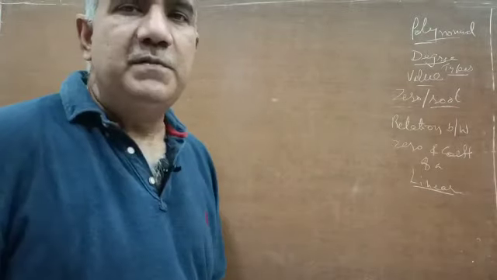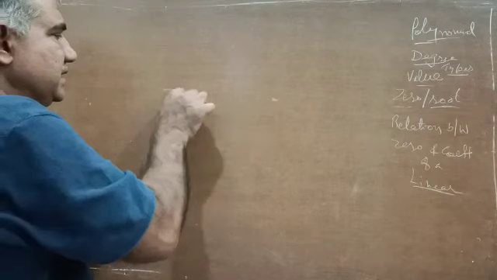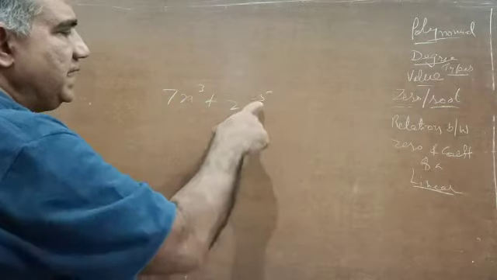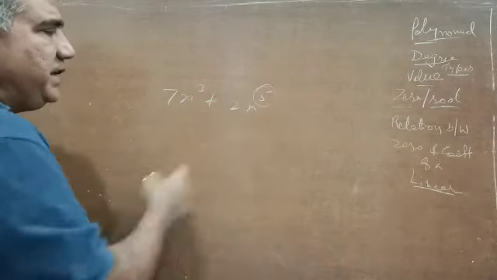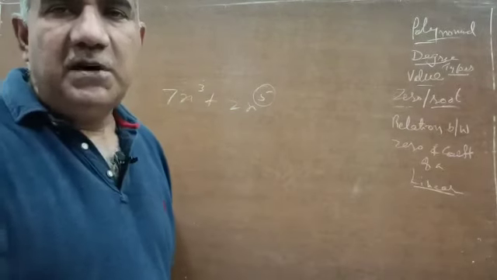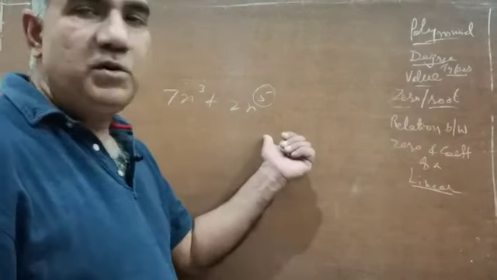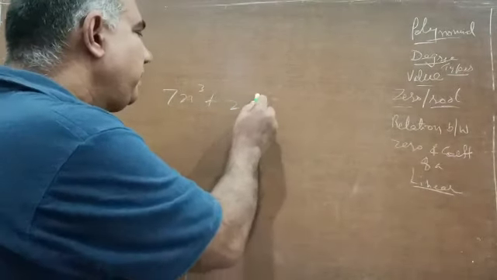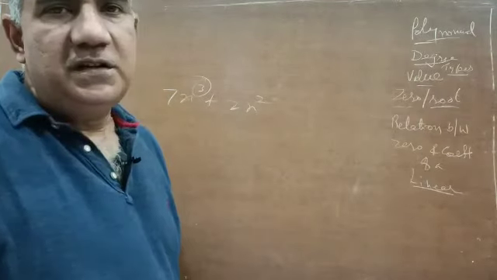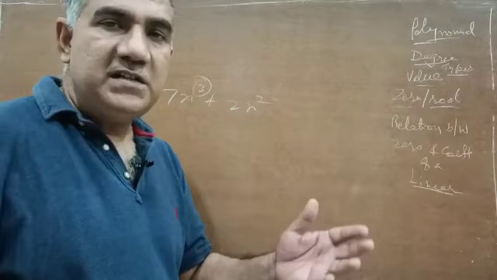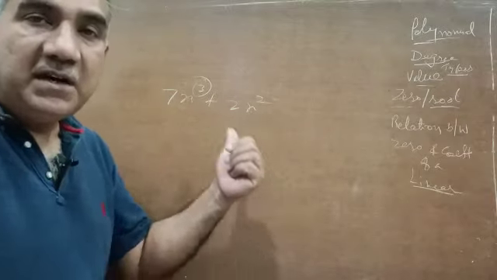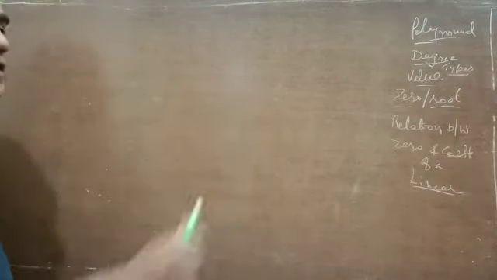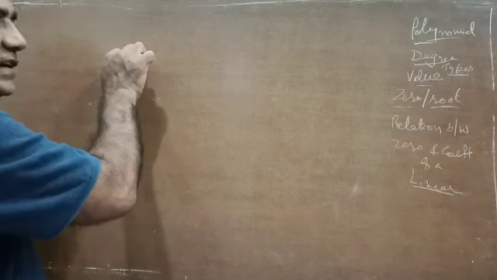Now we will see what the degree of a polynomial is. If I write here 7x cubed plus 2x to the 5, the highest power of the variable among the terms of a given polynomial is what matters. These are the terms of the polynomial. Here the highest power is 5, so the degree is 5. If it had been 7 plus 2x squared, then the degree would have been 2. So the degree of a polynomial is the highest power among the different terms in the polynomial.